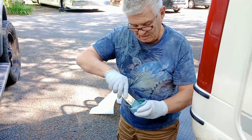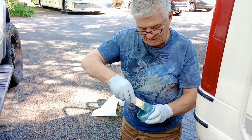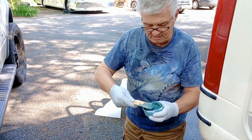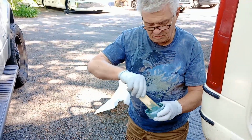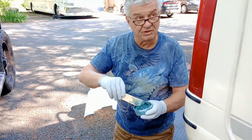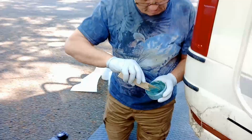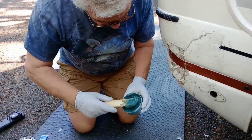Right. And we're quite lucky because the weather's not raining at the moment. Yes. Does the weather have a big effect on this? The hotter the better, or is there a point where it's too hot? No, it creates its own heat now. It's a chemical reaction. So let's see if I can take a little bit of that and then